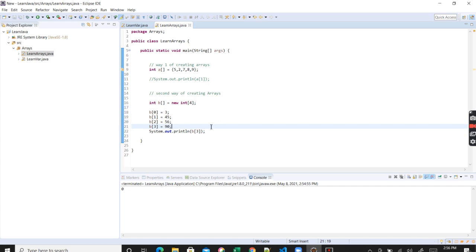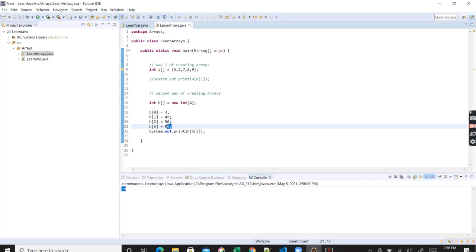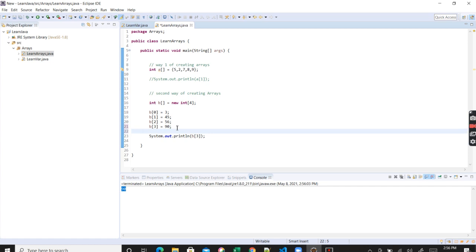Now if I access b3, I will get 90. If I try to access b4, I will get an error because we don't have that size. So this is the second way of how you can create arrays.